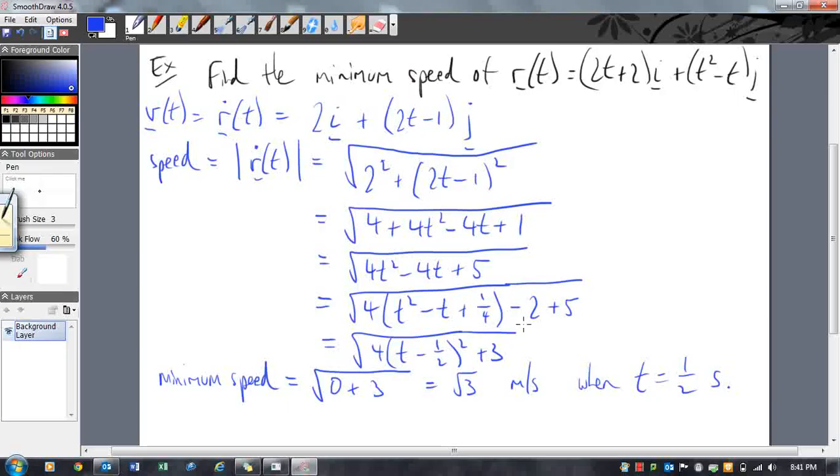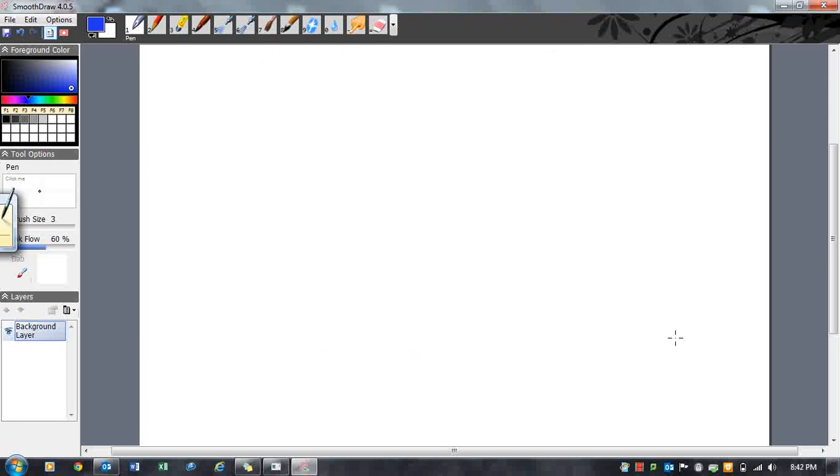Okay, so that's how to find minimum. Like I said, from this point here, you could just take the derivative and you'd get 8t minus 4. Where's that equal to 0? You solve for that, you get t equal to half. You find that that's a minimum, and then you can find the value. Okay, there's a couple of different ways you could do it. Let's just have a look at a more complicated example,